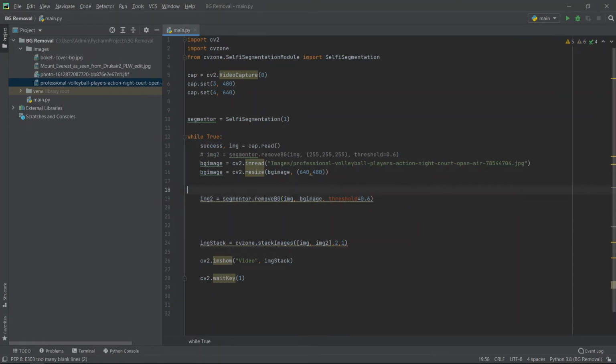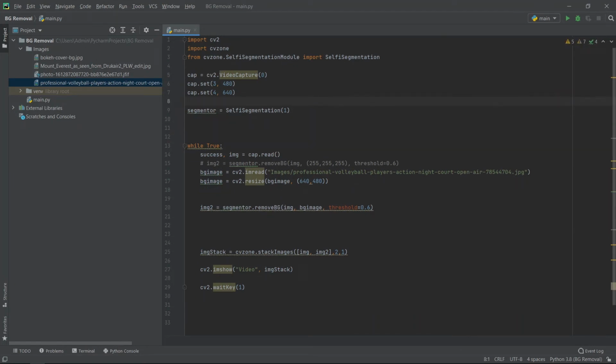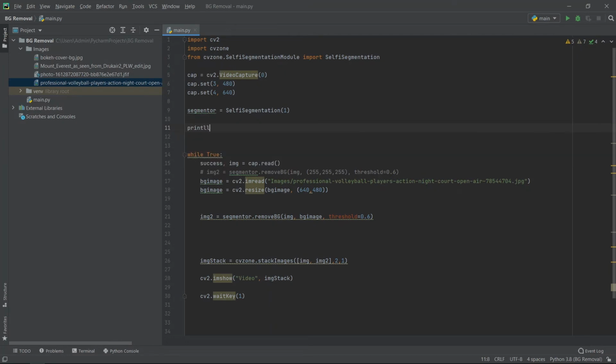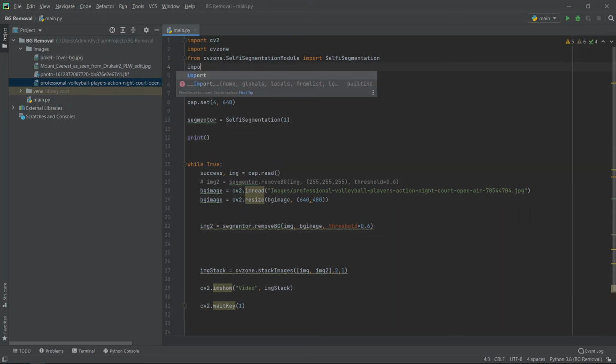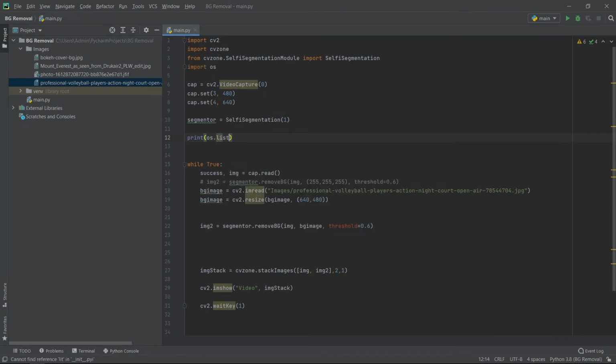Next thing is, although this is sort of an optional thing, you can skip it, but now we will try to read all the images and we will try to develop the basic structure that will change the image on runtime. So if we go for print the OS, okay, let me just import this OS over here. OS library is basically used, over here we will be using it for extracting the directories. Now if we go for list dir, and inside that we provide the path images, it will just provide us with all the images name that are available inside this. So if we run it,